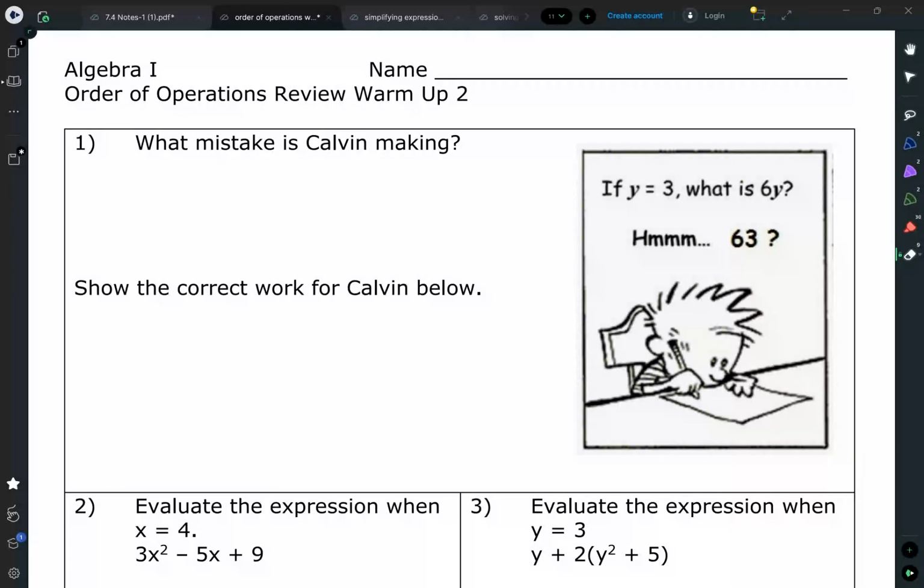It says if y equals 3, what is 6y? And Calvin says, 63. So what mistake is Calvin making? Hopefully you know that in this comic, when it says 6y, what we really mean is 6 times y. And so Calvin needs to make this a 6 times 3, which is an 18. So Calvin made this a 2-digit number